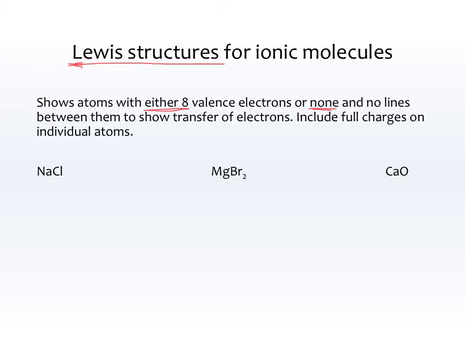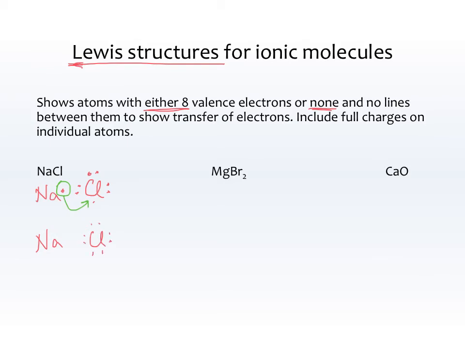So for example, Na is in group 1. It should have 1 valence electron. Cl is in group 17. It should have 7 valence electrons. Well, sodium really wants to lose 1. Chlorine really wants to gain 1. So the 1 electron from sodium is going to transfer to the chlorine, so that sodium will now have none, and chlorine will now have